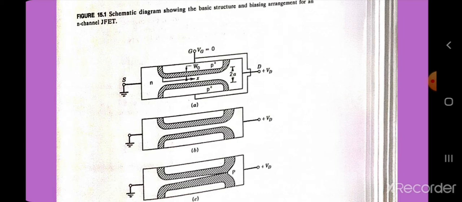In this situation, the channel resistance R0 is given by R0 = L / (2q μn Nd Z (a − W0)), where W0 is the zero bias depletion region width, L and Z represent the length and width of the channel respectively, and 2a is the total channel thickness. We note that 2a − W0 is the thickness of the conducting channel at zero bias. Let a small positive voltage Vd be applied to the drain.